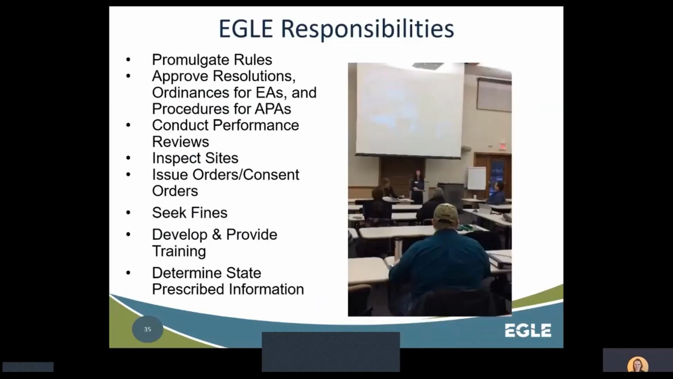Here is a list of EGLE's Part 91 responsibilities. EGLE is responsible for promulgating rules to administer Part 91, approving resolutions and ordinances for enforcing agencies, and procedures for APAs. Periodically conduct performance reviews at least every 5 years and approve or disapprove the agency. Inspect sites for compliance with Part 91, issue orders or consent orders, seek fines for violations and noncompliance, develop and provide training such as the one you're attending right now, and determine state-prescribed information to be included on the SESC